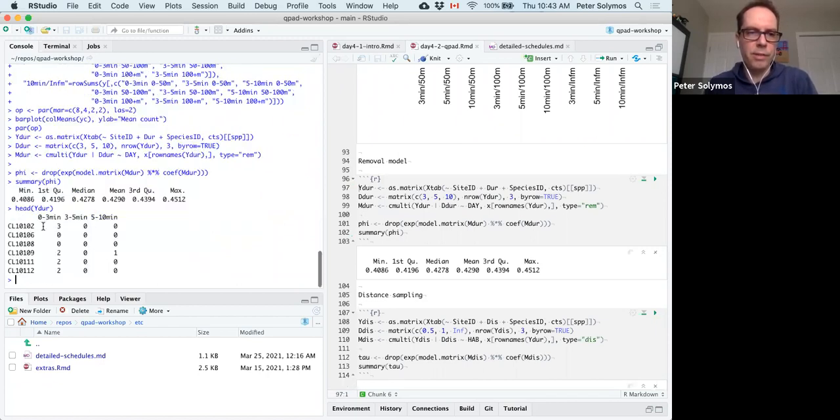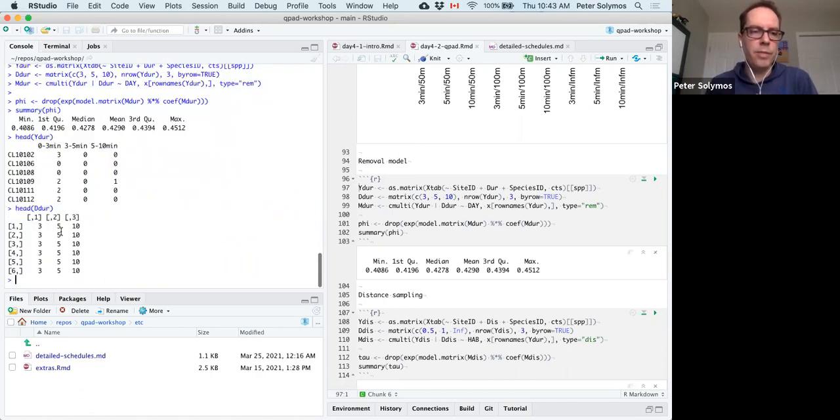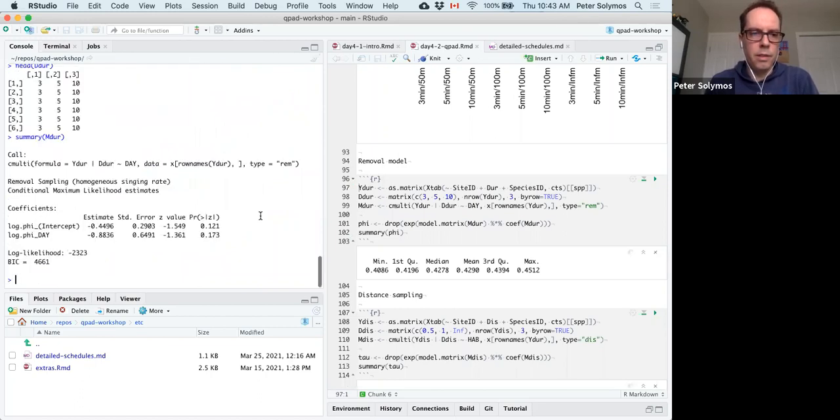So we have the counts in these time intervals, which are not cumulative, but just new individuals in the new interval. We have the corresponding D matrix saying 3, 5, 10 minutes, and then the summary of this